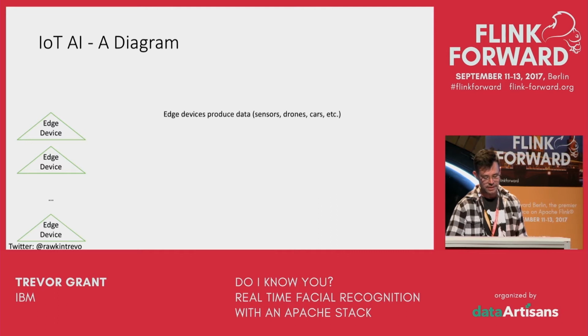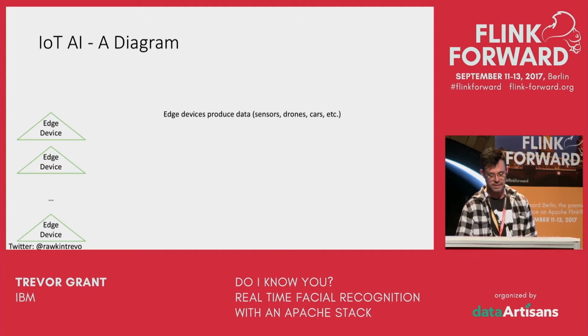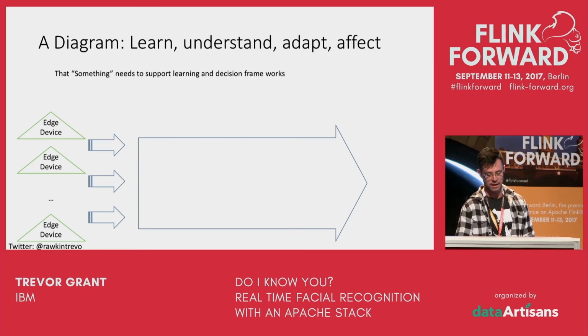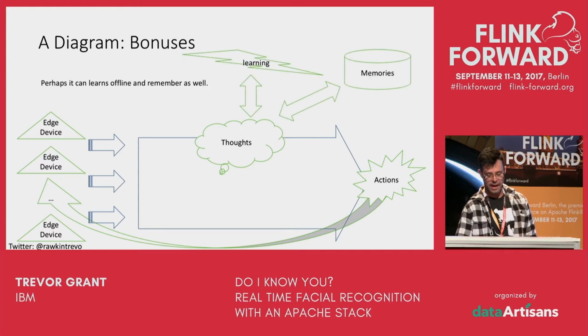So any kind of IoT diagram is going to look something like this. You've got edge devices, sensors, cameras, as the case may be. Something has to collect these things, take and process the data. There's thoughts or understanding that happens, and then you want to apply actions back to something. You want to do something in the world, especially in the case of these drones. Turn the lights on different colors, maybe they follow someone around once they know. And, yeah, bonus would be, maybe offline learning can